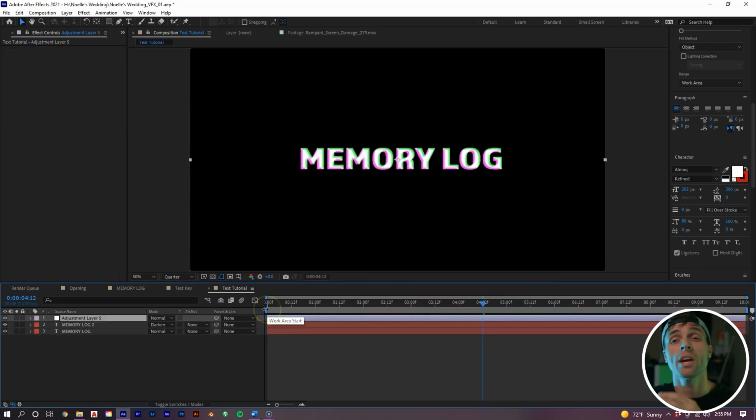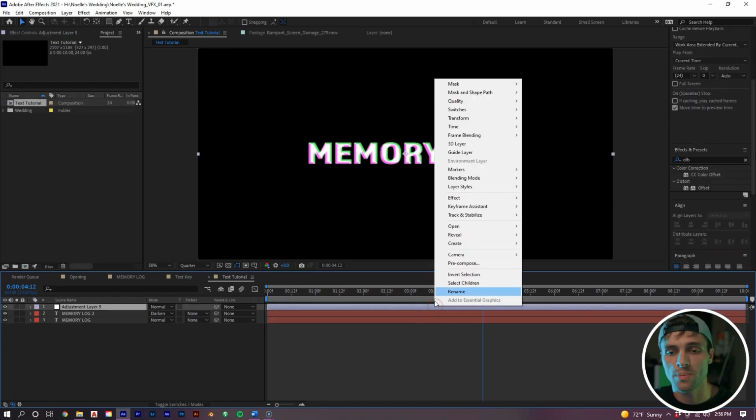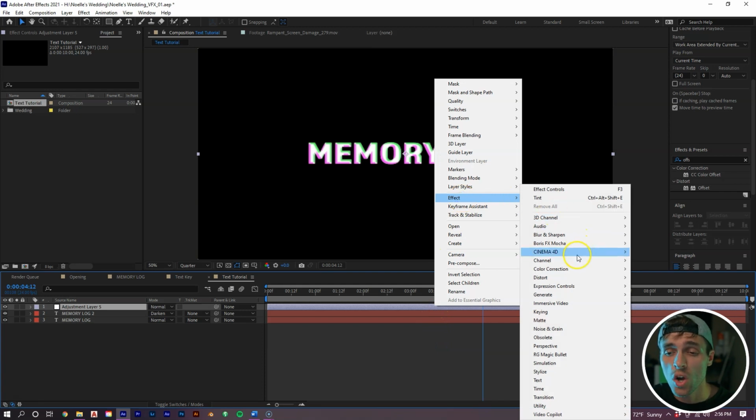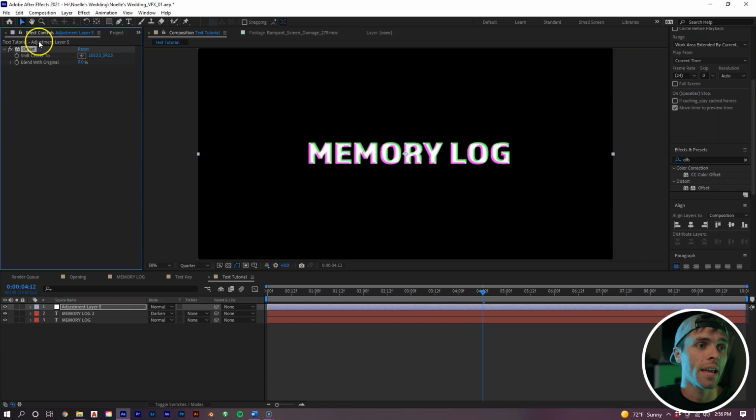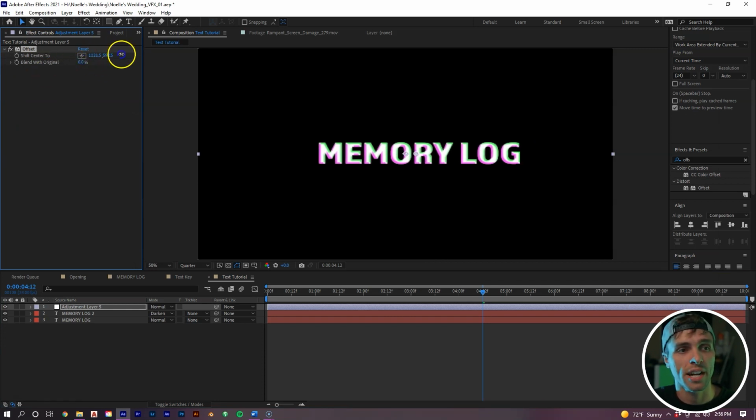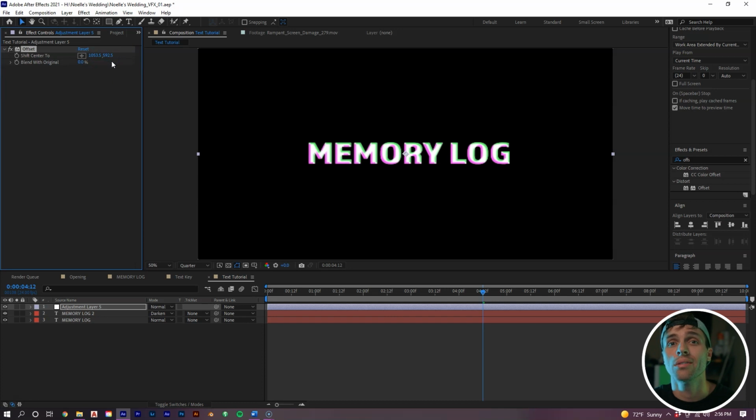And now we're going to create an adjustment layer to add effects to apply to the 2 layers of text that we just added. The first effect we want to add to our adjustment layer, if we right mouse click, go to Effect, go to Distort, and we can go down to Offset. Basically this little tool right here just allows us to move our text around without changing